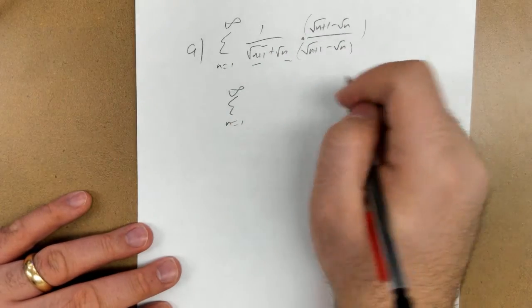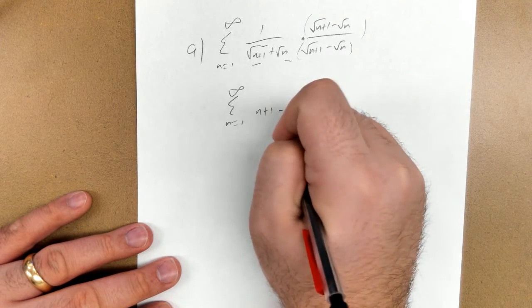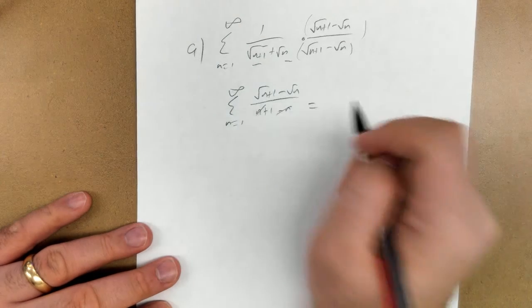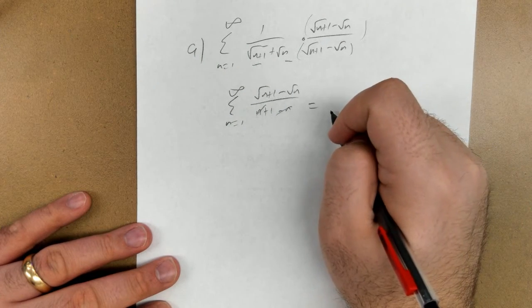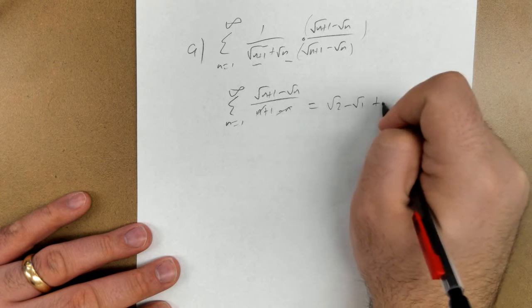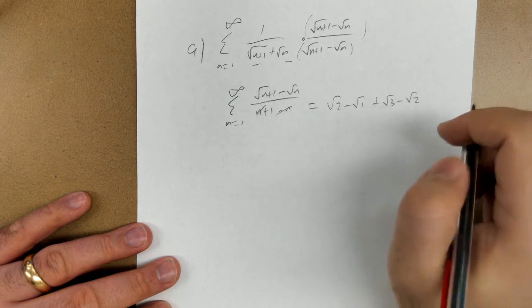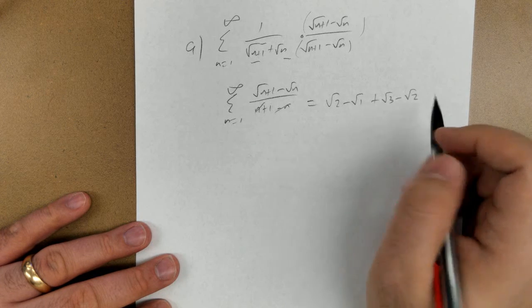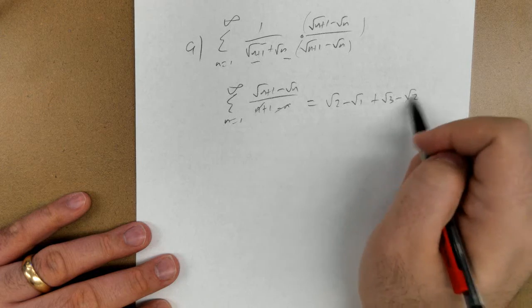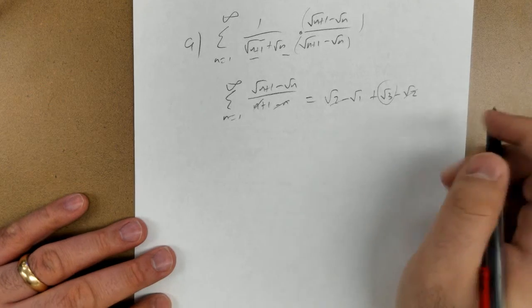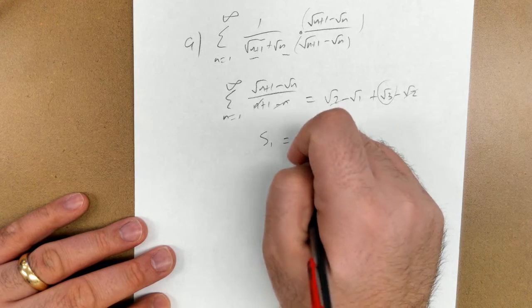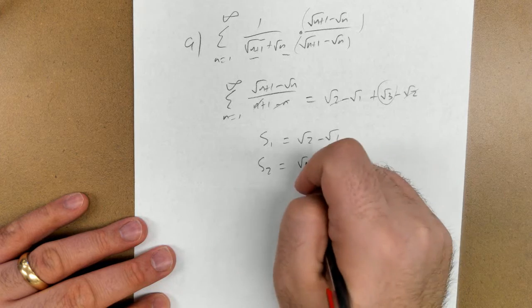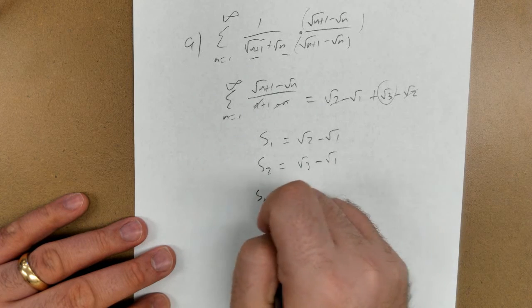The bottom you get n plus 1 minus n, which cancels. And now you get that. So now let's write out the telescoping. You get square root of 2 minus square root 1 plus square root 3 minus square root 2. But I think this diverges in terms of the telescoping, because this cancels, but the stuff that doesn't cancel grows. So your first partial sum would be this. Your second partial sum would be this, and I think your nth partial sum would be